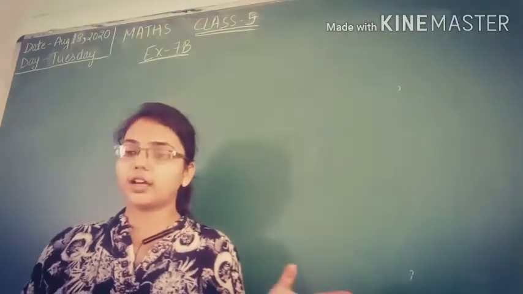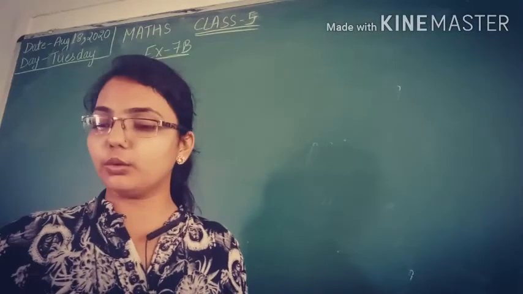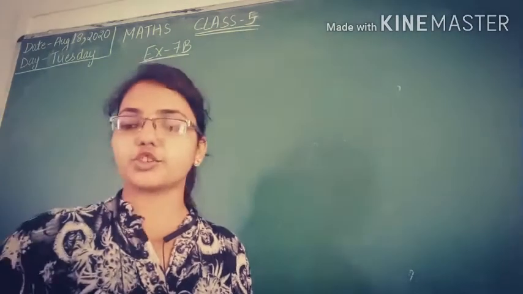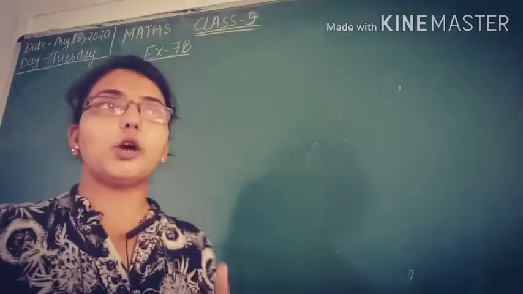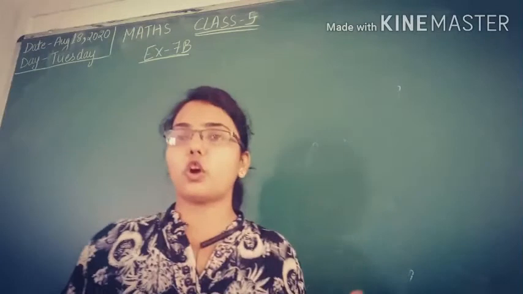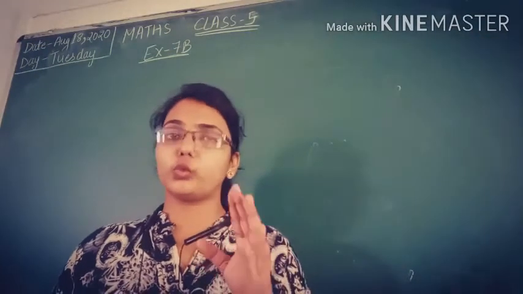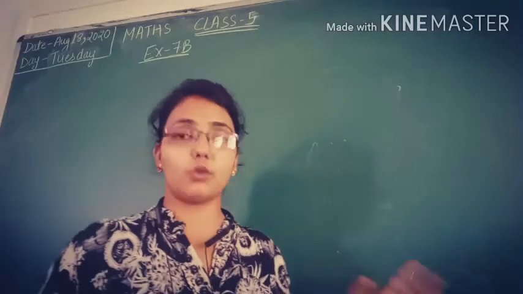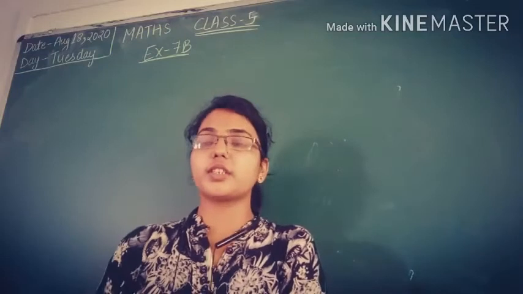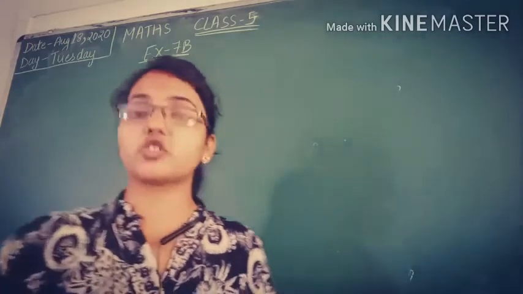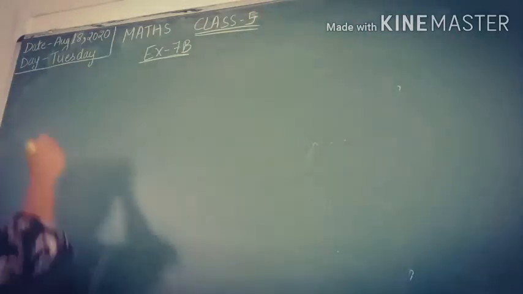We have already done the exercise 7 week introduction part, in which I told you about equivalent fractions, comparing fractions, ascending orders, descending orders, and the equal tops and equal bottoms criteria. If you have not watched that video, first watch that one. So today in this video I am going to explain exercise 7B, which is on page number 58 in your book. Your first question is fill in the blanks.